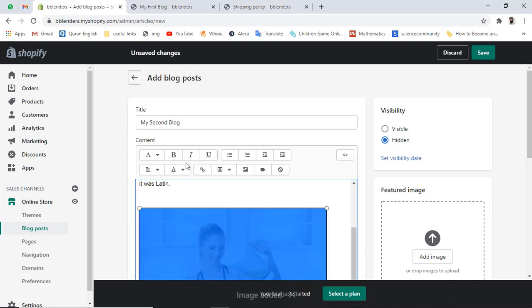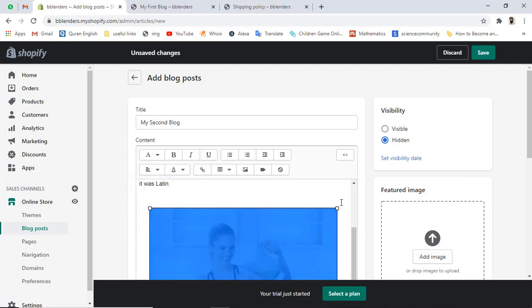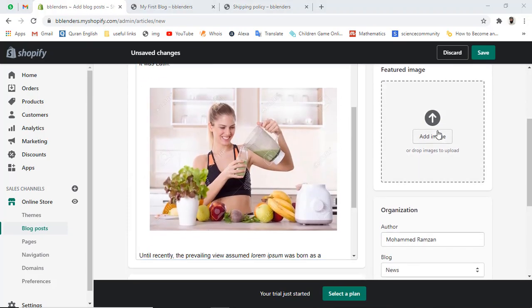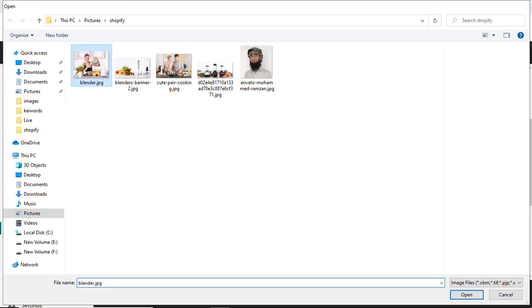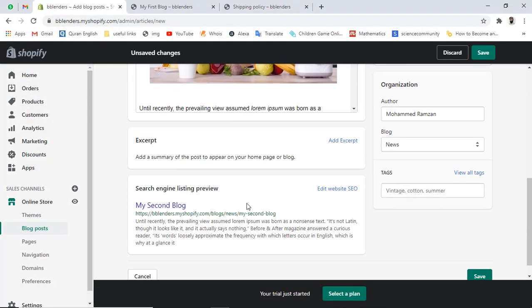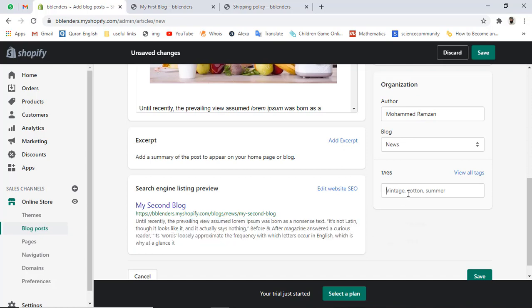Let's keep it center aligned, and then you can see that we have to add the featured image. This featured image would be shown on the listing page of the blogs. Then you can see that this way the title and description would be showing on the Google search results actually, right? Then we have to add some tags for SEO purpose, best blenders.